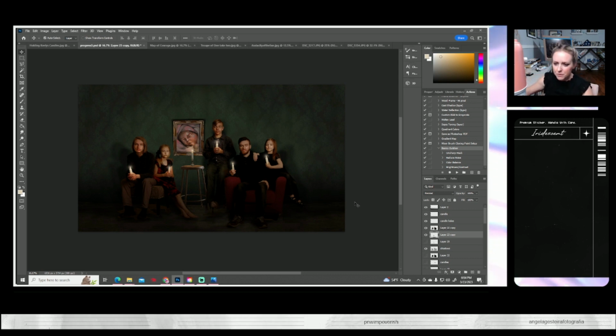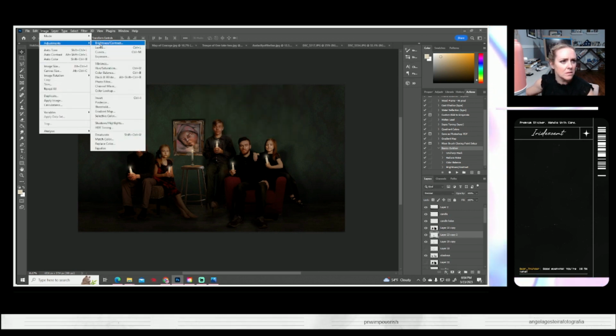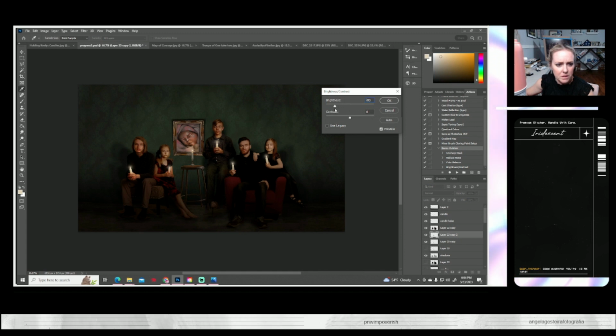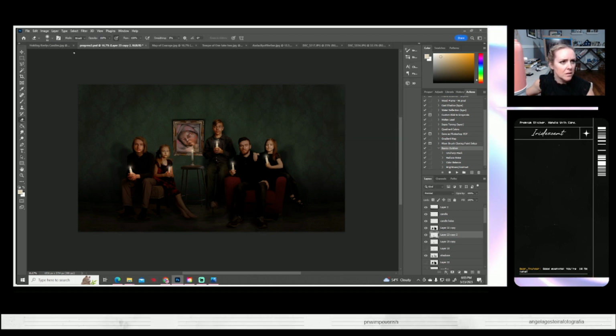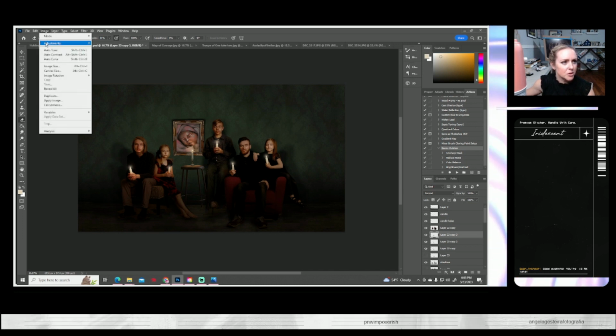Now that I'm looking at it, it feels like it doesn't fit in there. So let's work on that a little bit. Those highlights might be a little much for it. So what I thought was going to be just a quick little drop-in situation ends up not being. That's all right. That's the way it goes. And I'm going to duplicate this and just, especially the side and the